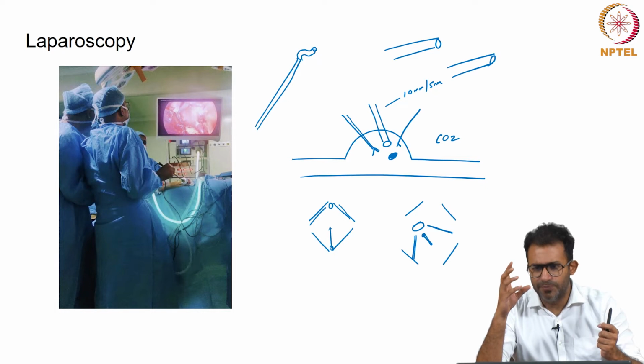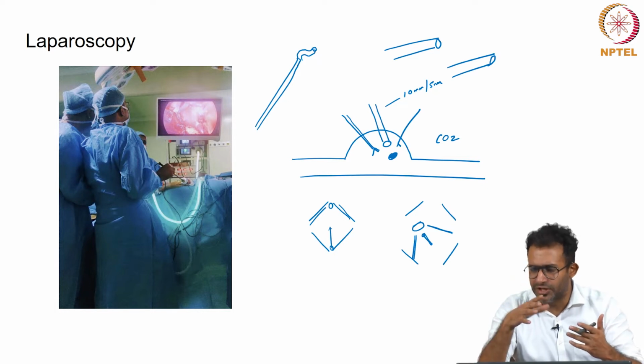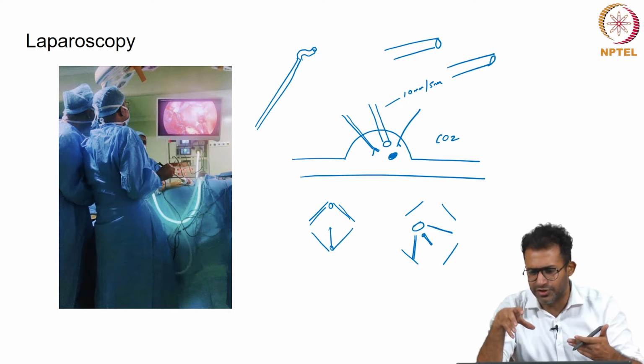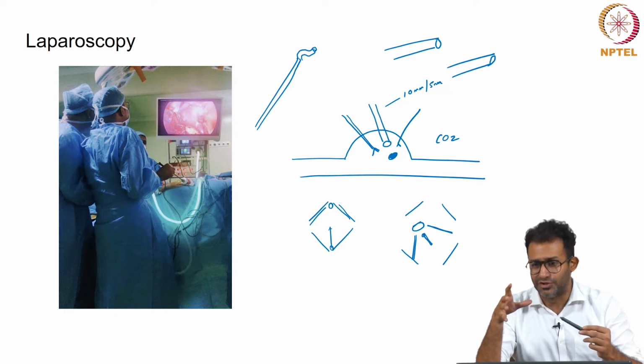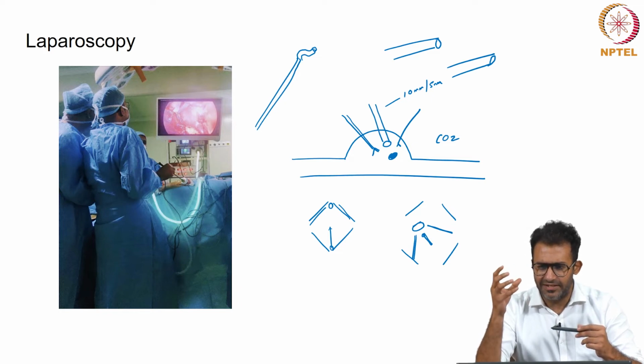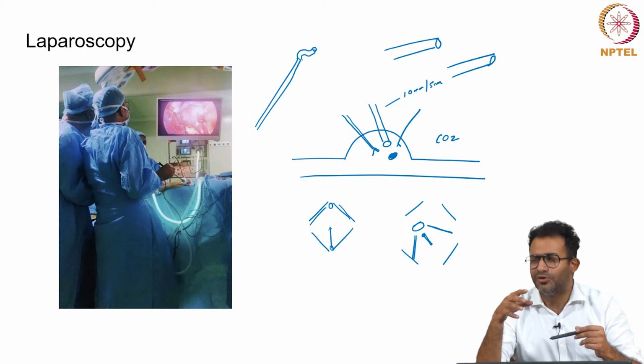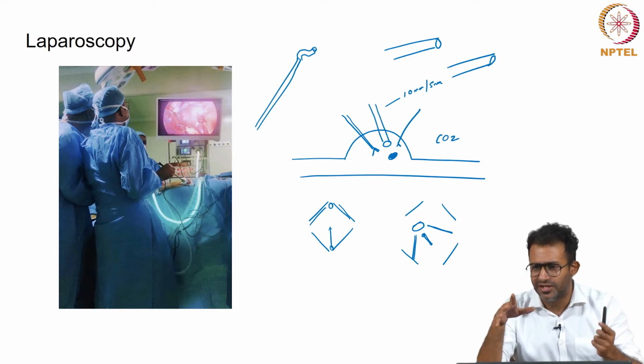So the perceptions of laparoscopy and endoscopy are changing throughout the world, especially in the field of intervention. There was a time when laparoscopy was considered a surgery for the rich, with advanced devices. But the fact is that laparoscopy has the potential and the need not just in the well-off population. It serves the poorest of the poor, because a rich man can afford to stay out of work for 15 days. A poor man, a daily laborer, cannot afford to stay out of work, even if the government is providing surgeries free of cost, which is the case in India.